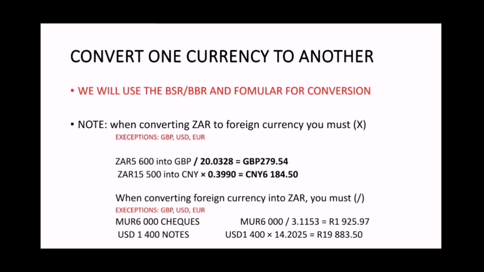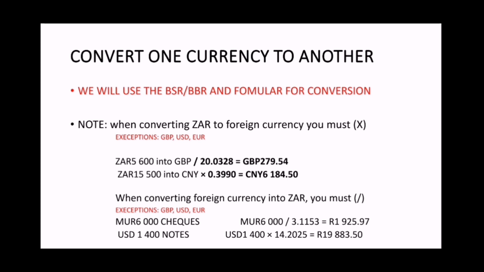Now, to convert one currency to another, you will either use your bank selling rate or your bank buying rate and the conversion formula. The conversion formula is as follows. If you look where it says note, when converting ZAR to foreign currency, you must multiply. Exceptions are your British pound, USD, and euro, because these are major currencies. So when you're converting